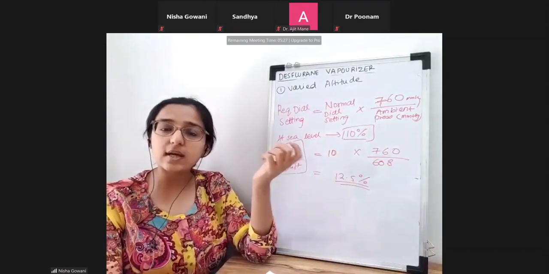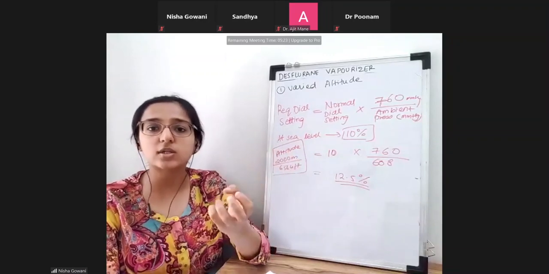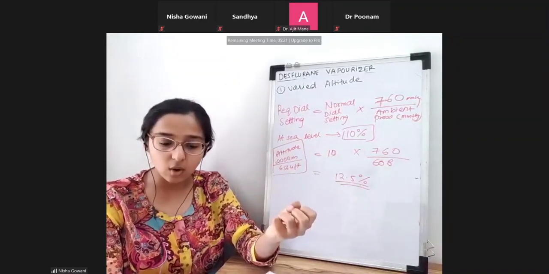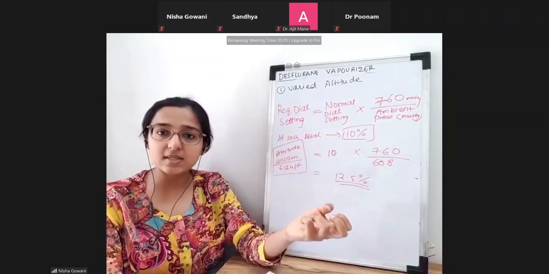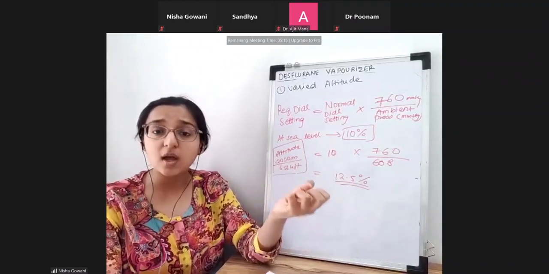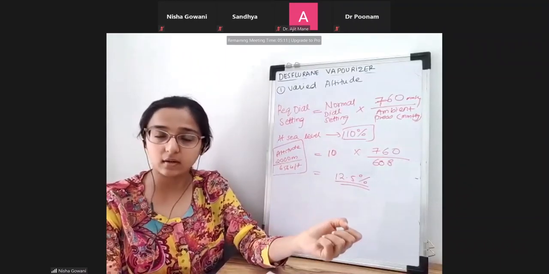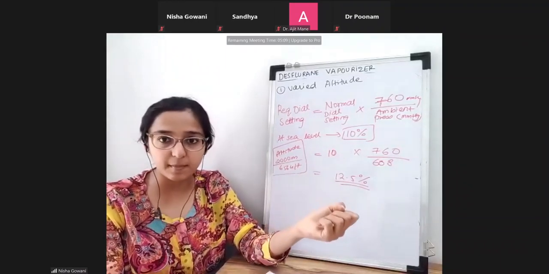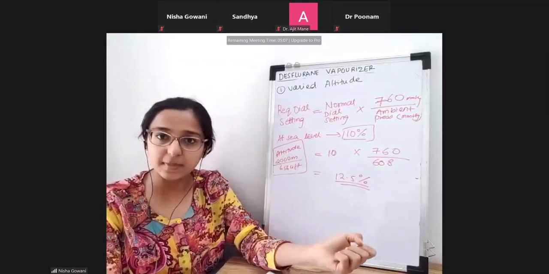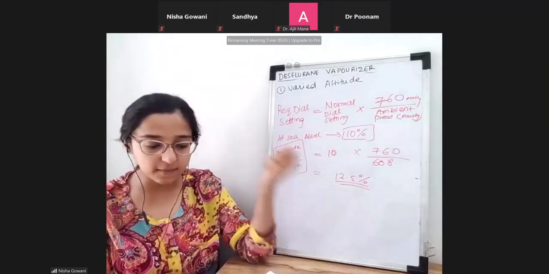So the viscosity becomes less. The viscosity of a mixed gas is less than that of 100% oxygen. Now, this less viscous mixed gas will cause what? The vaporizer output to fall. How much will the vaporizer output fall? It falls by 20%. This is another point to remember, that the vaporizer output falls by 20% when we add on another gas such as nitrous.